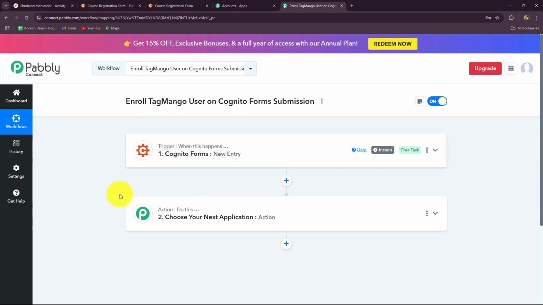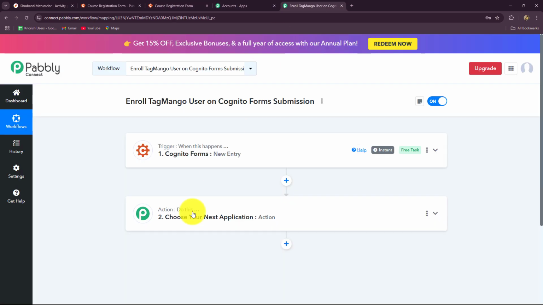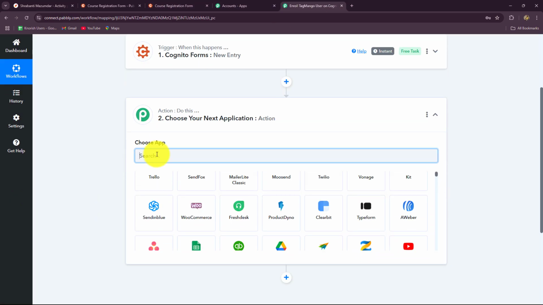After setting up the trigger step, let's move towards our action step, and our objective is that by using the response which we have captured from Cognito Forms, we want to add a user in TagMango. So now we have to build the connection between TagMango and Pabbly Connect. So let's go towards our action step. We will select our action application as